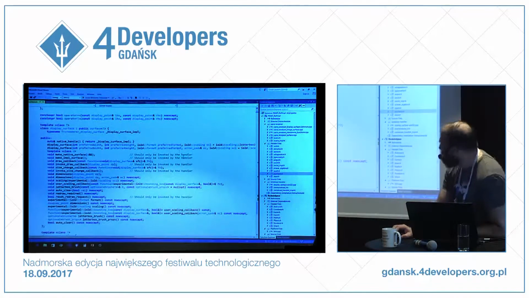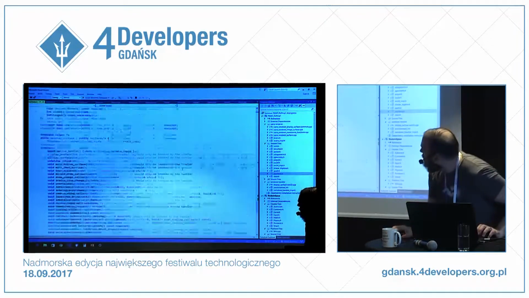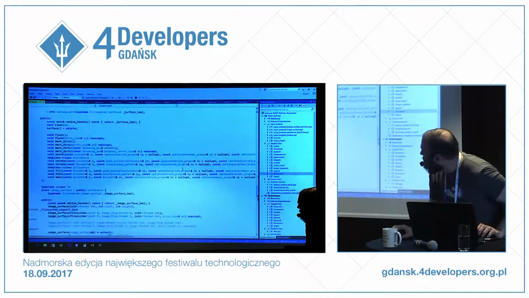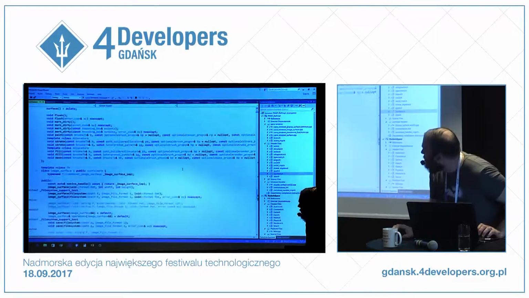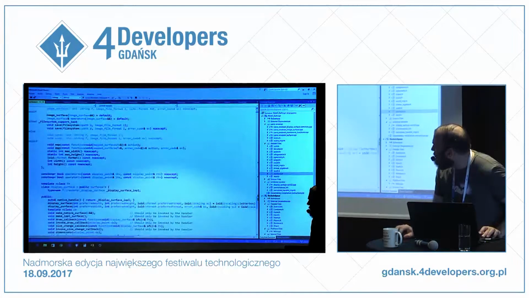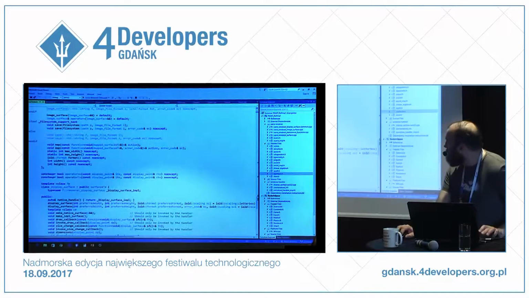If we look at X surfaces, the image surface is templated over class T, which is our renderer. The display surface is templated over class T. That's our renderer. If we go to the Rocks in Space game,